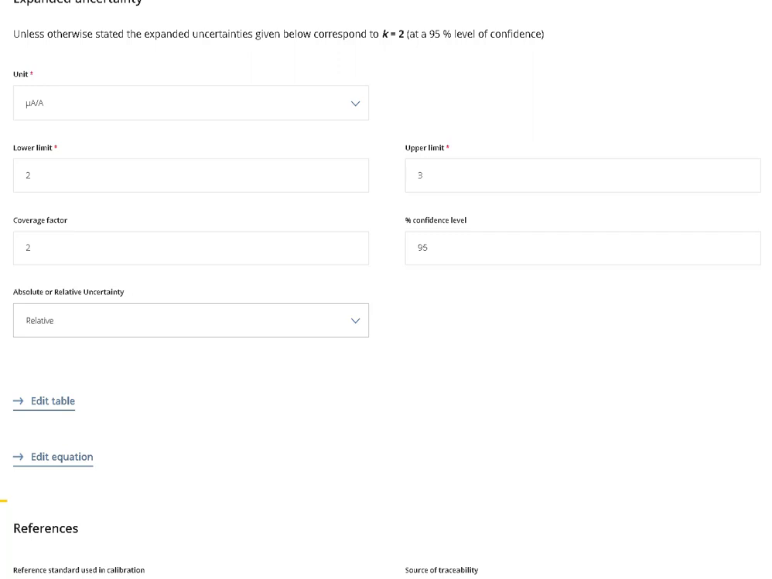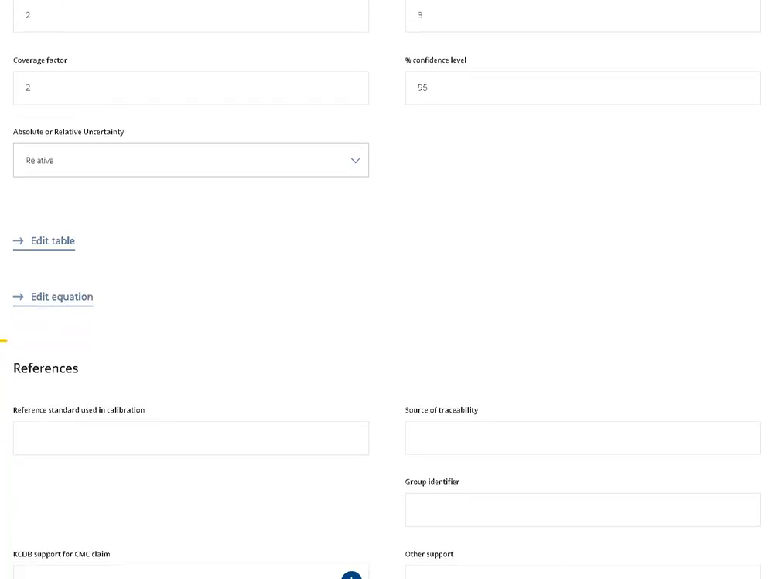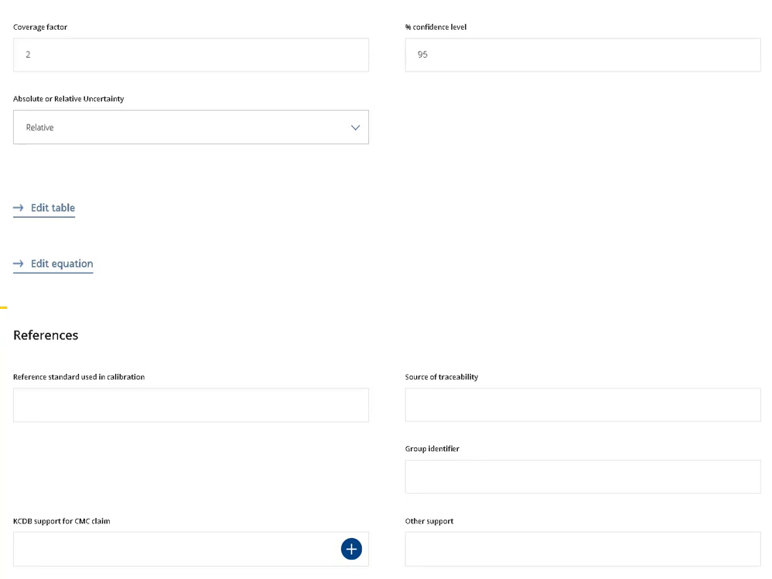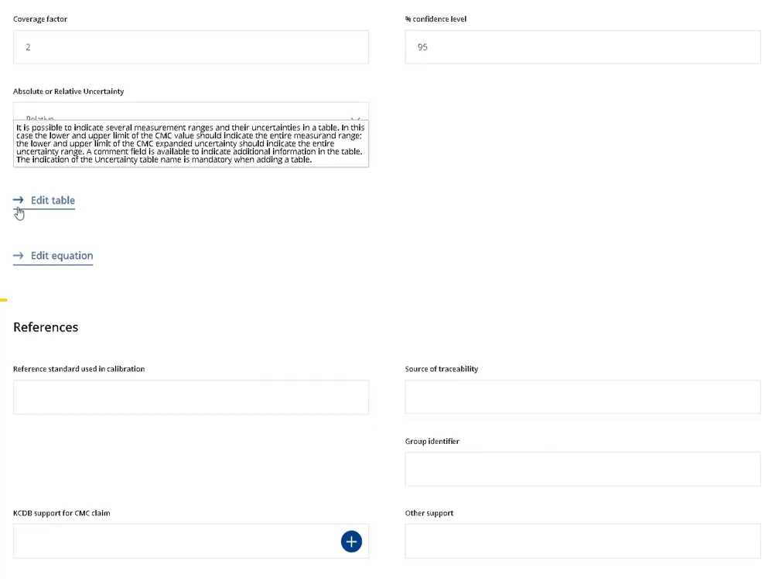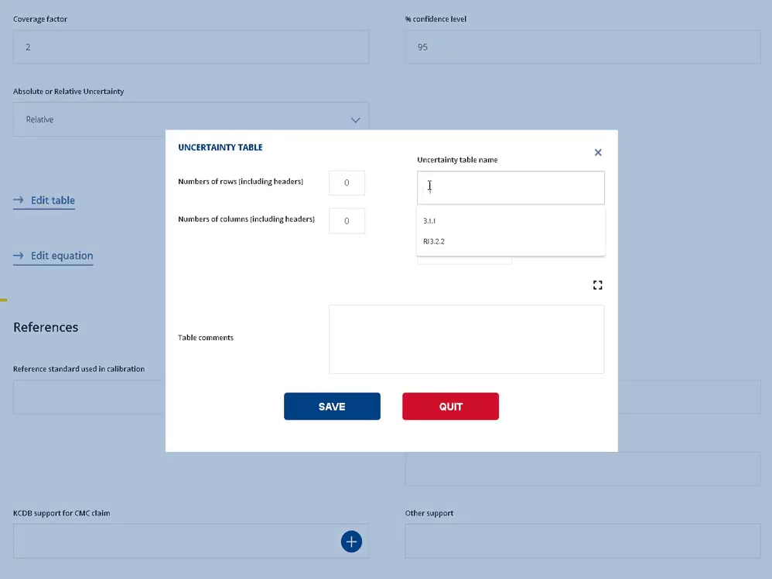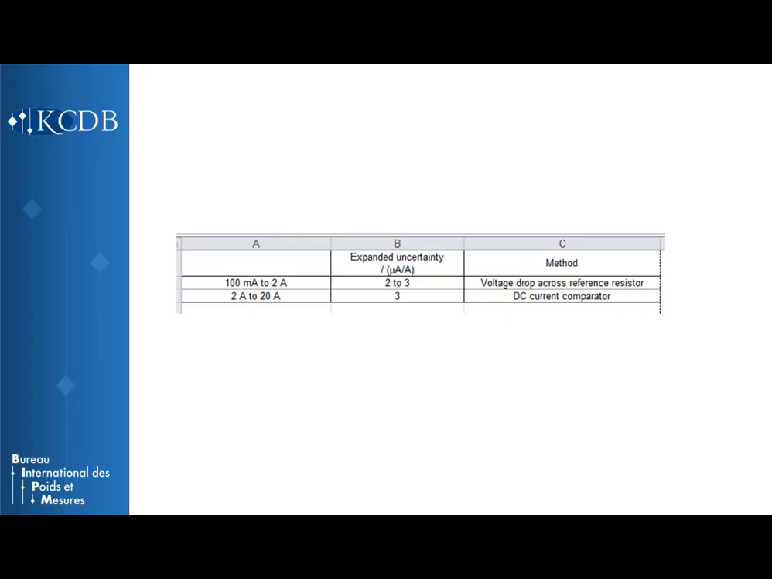It is mandatory to indicate a range for the uncertainty. However, there are 2 optional complementary ways to express the uncertainty. You may indicate the uncertainty by using an uncertainty table or an equation. We will insert an uncertainty table called M3.2.2. This is the uncertainty table we will reproduce. We will now include this